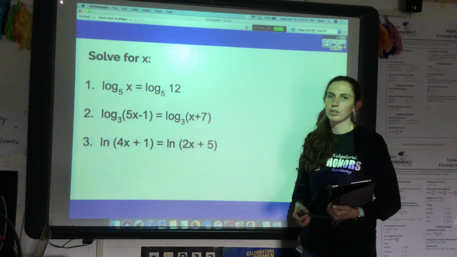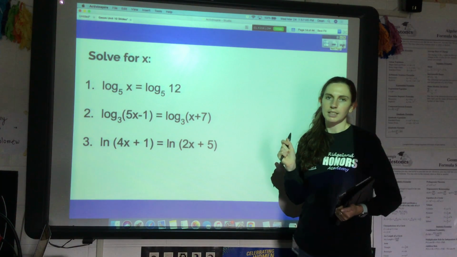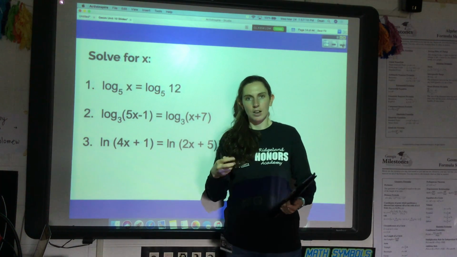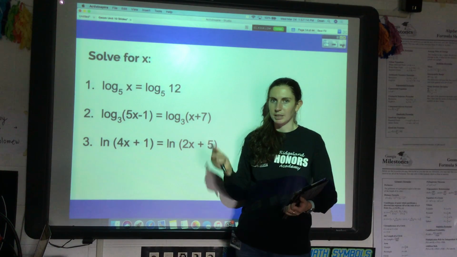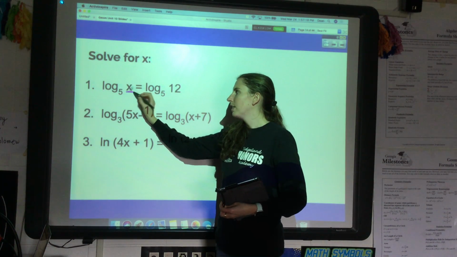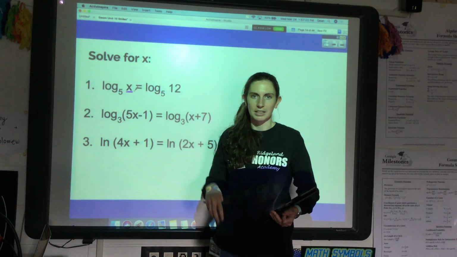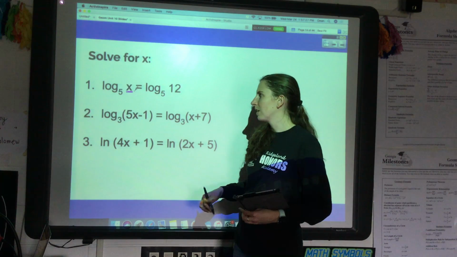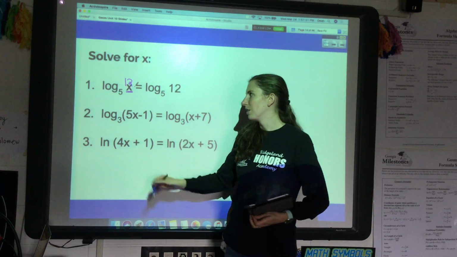All right, I just want to show you what happens if there are logarithms on both sides of the equation. If they have different bases, you're kind of out of luck. But if they have the same base, I mean, just use your common sense on these. So, like, what does x need to be to make these two things equal to each other, to make them the same? It's kind of like one of those spot the difference pictures. All I need is for x to be 12, and then literally they're identical to each other. So x is